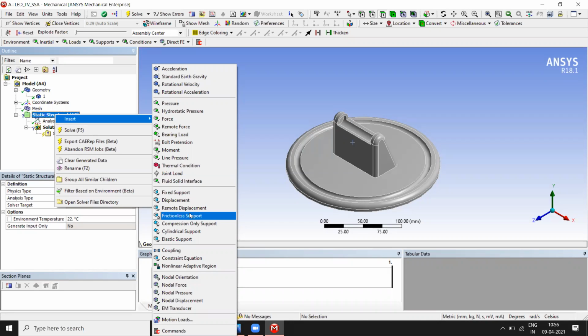One thing I would like to highlight here: no one can teach you which type of boundary condition should be applied. Actually, it's intuition. It comes with your experience that you can apply the proper boundary condition. You have to change your boundary condition. Sometimes you apply a load and see, sometimes you have to change something else and see. With your experience, you will be able to understand under what circumstances which type of load should be assigned or which type of constraint we need to put.